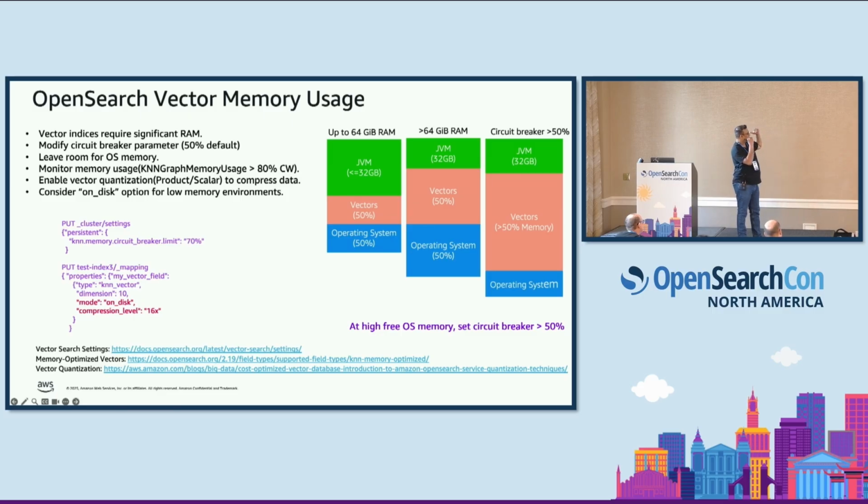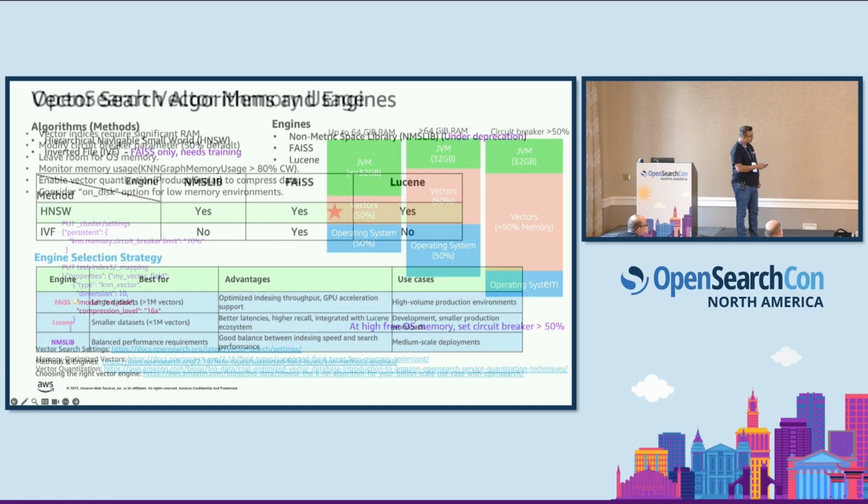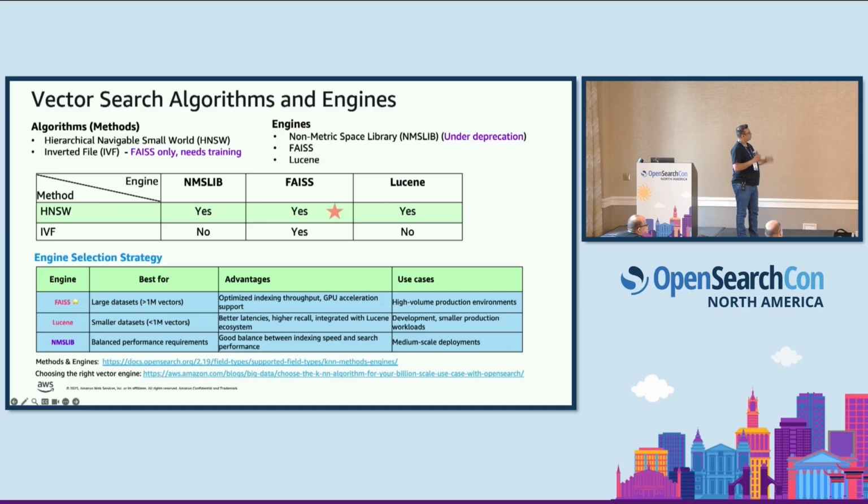And in cases of lower memory, you can use on-disk and then enable quantization to optimize the vector resource usage. You can get a lot more details in the links given below. So we have seen how to tune the memory. Coming to the next step, as quick tips on how to do further optimization when using OpenSearch as a vector